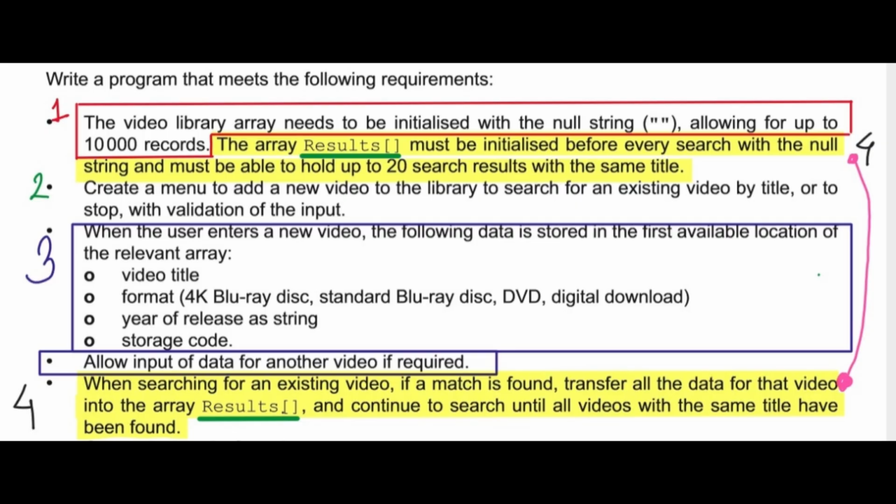Now, if you have solved enough 15-mark questions, you will know what I just did there. Normally the requirements are not included serial wise, so we have to choose the requirements serial wise ourselves. So in the first requirement, even though the results array is included here, these are not numbered. We have to select the proper order ourselves. So it is up to the candidate to sort out the perfect order for his program.